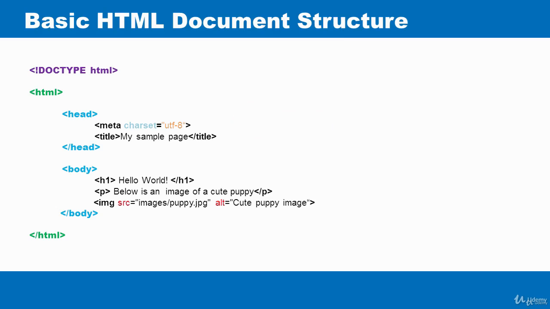Next, we have the body element. The body element actually contains the visual content of the page. So when you visit a website, the actual content you can see is the content that is wrapped between the body tag, which is anything between the opening and closing body tag is the visible content that is displayed on